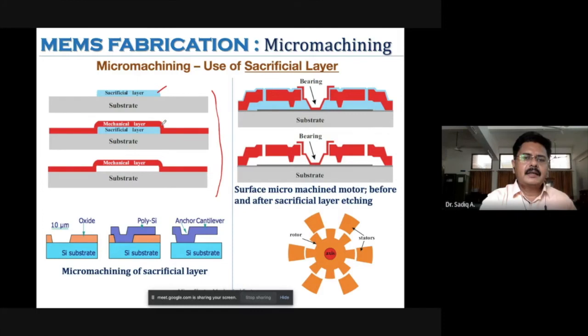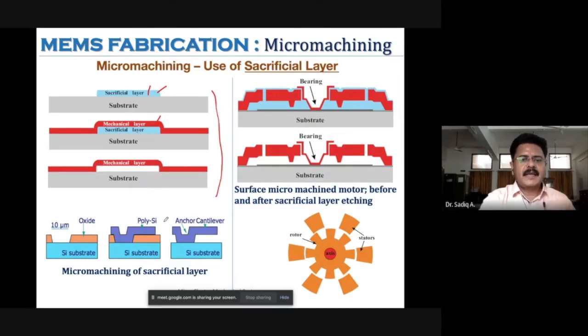On that layer, another actual material is deposited like this. Now you are going to use an etchant which is more reactive to the first layer and non-reactive to the second layer, so that the first layer will be removed and you get the structure like this. So the initially deposited layer was a sacrificial layer in order to generate this kind of arrangement.